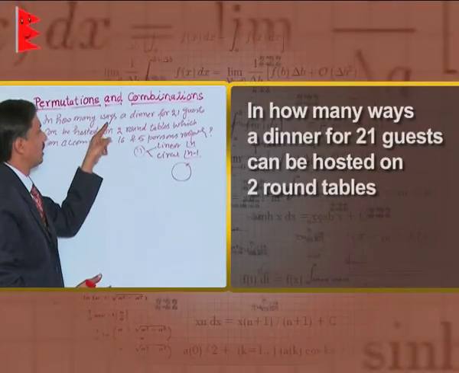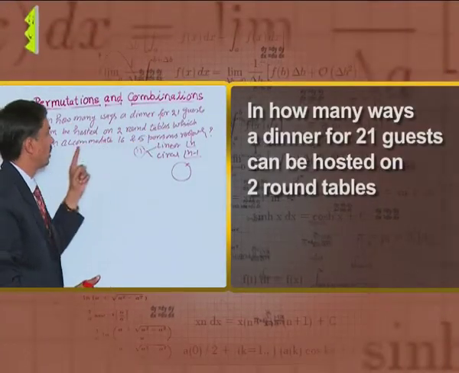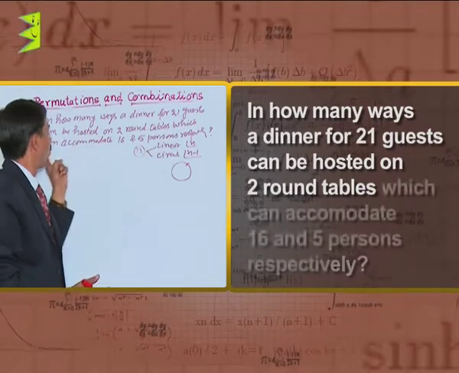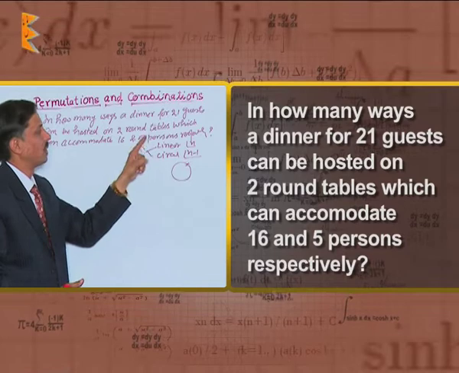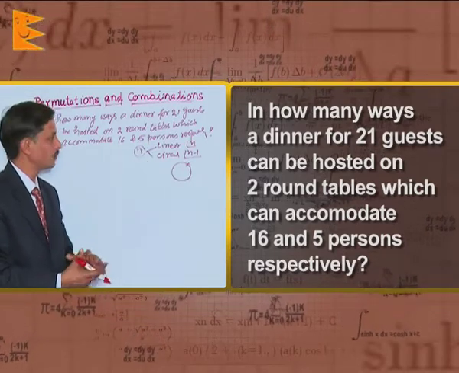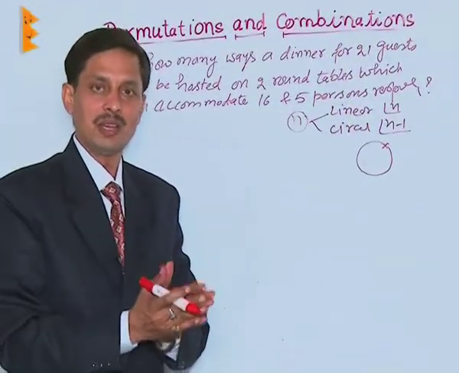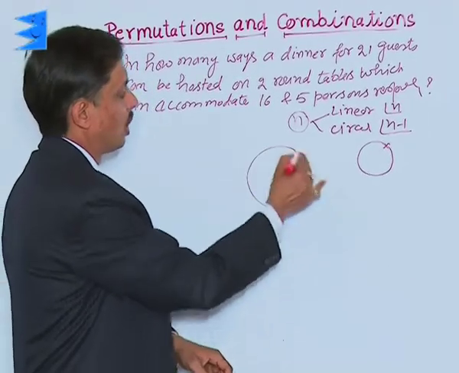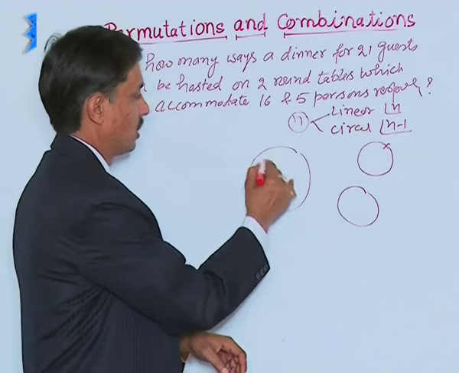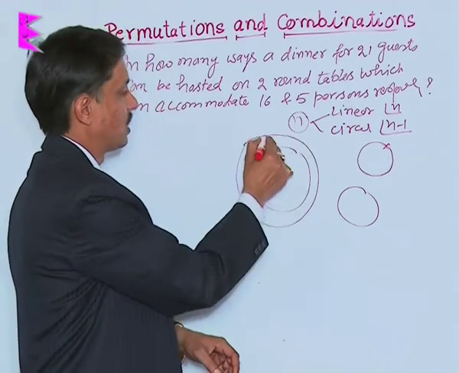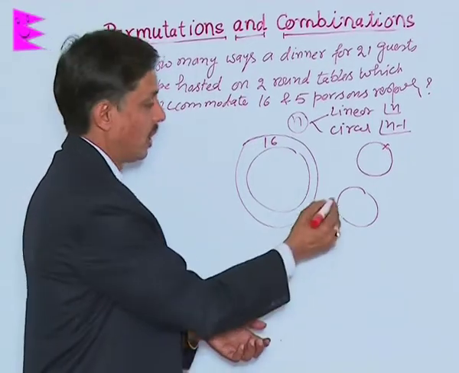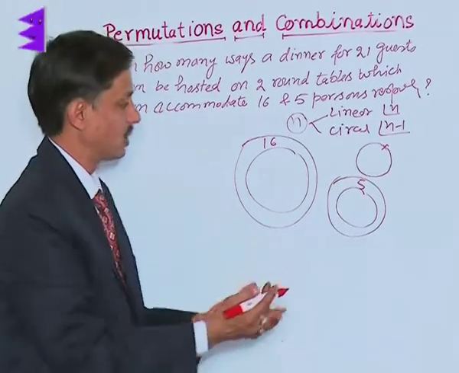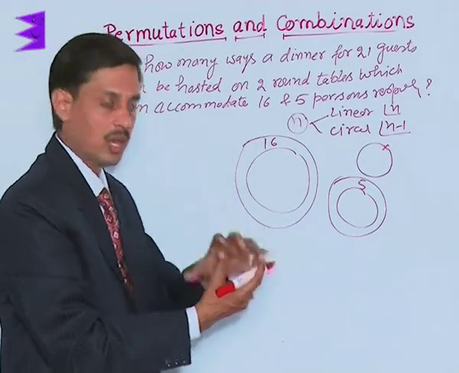In how many ways can a dinner for 21 guests be hosted on two round tables which can accommodate 16 and 5 persons respectively? One businessman invites 21 persons and there are two round tables. Around this one, how many persons can sit? 16, and around this small table 5. So 21 guests. So the number of ways is